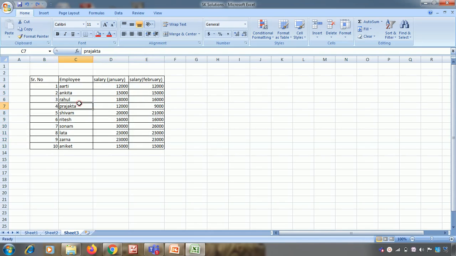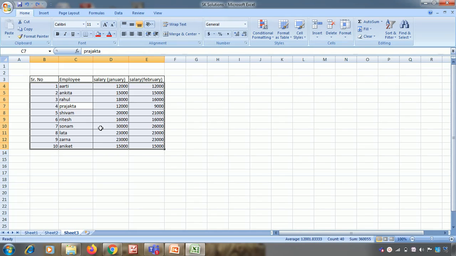Now I had done it in the increasing alphabetical sequence. I can also do it in the reverse way. A similar procedure you have to follow. Select any one cell, go to this sort and filter and sort from Z to A. In that case the names from the Z alphabet will come first and so on. So I'm making these changes.